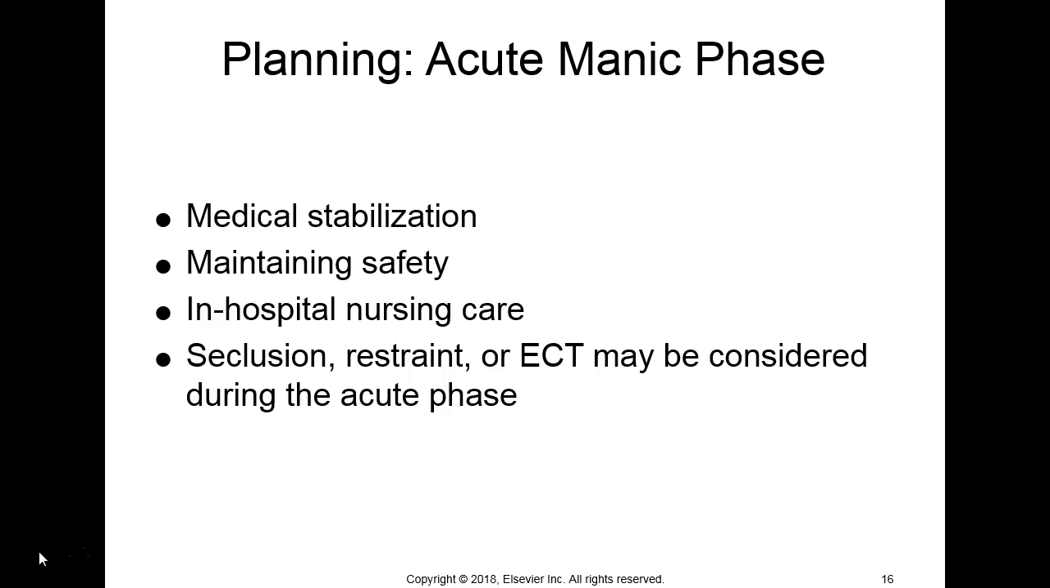So we have to think about lots of different things, and definitely their psychological status is very important, but their physical status really in mania is just as important, or even in severe depression too, but here they're just talking about mania. Seclusion, restraint, or ECT may be considered during the acute phase. It depends, because honestly, sometimes we really try not to use those types of interventions unless it's a last resort. It really should be a last resort if we are putting people in a locked room or putting them into restraints. We should really try every other type of intervention